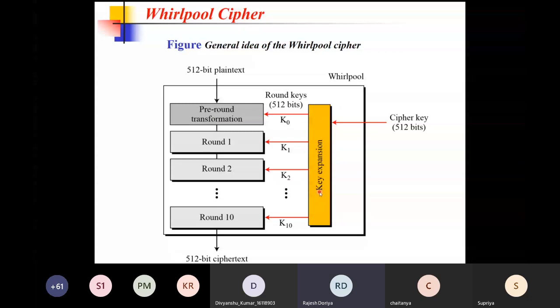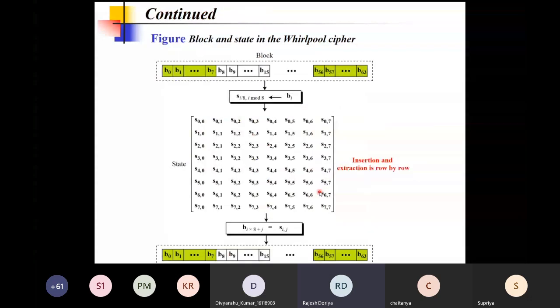And this is how we convert our bits into blocks, then blocks into a state. You would have recalled that in a similar fashion we did the same thing in AES as well, where the messages were first converted into bits, then bytes, then words, then the state. The only difference from typical AES is that over here the arrangement is done row wise.